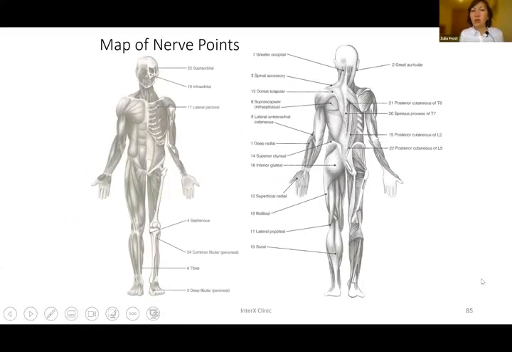Now let's talk about the map of the nerve points. This is work, I think I have a reference to these points somewhere. These are the points which were identified and described in the monograph by Dr. Ma. Dr. Ma is a medical doctor and acupuncturist, I think from California. In his clinic, they analyzed 10,000 patients for sensitivity. They palpated different points, which are in a sense acupuncture points, but very crucial points. They palpated each patient at these points, and they kept a record of how many points were sensitive